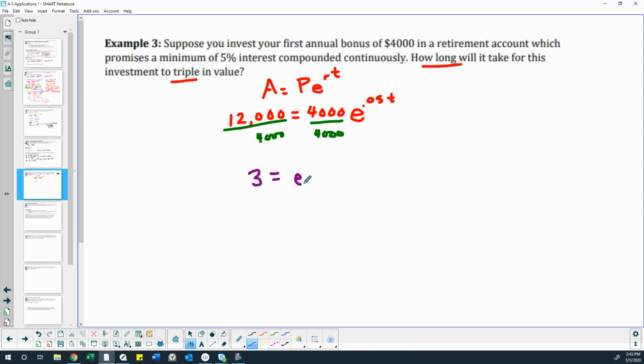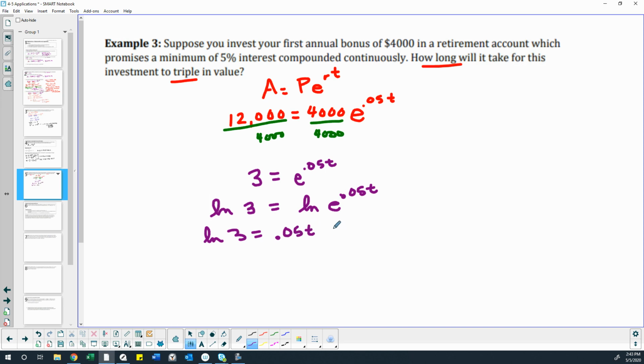So now that 4,000 has been divided, we no longer have a coefficient on e, which is important because we want our exponential to be isolated. Okay, so next we are going to take the natural log of both sides. Make sure you do natural log because you have e in the problem, so doing natural log simplifies it immensely. So now that we have natural log of both sides, we're going to go ahead and use our power property, which means we have the coefficient